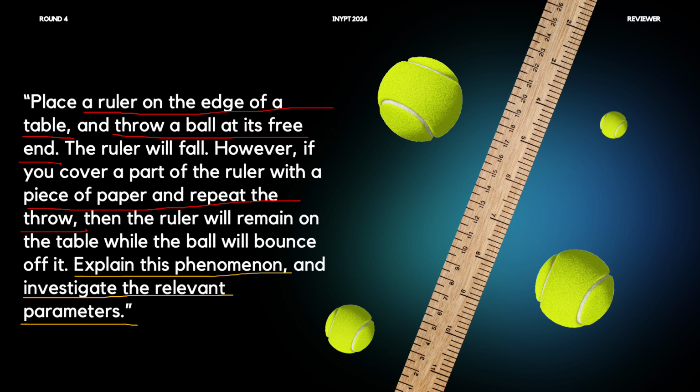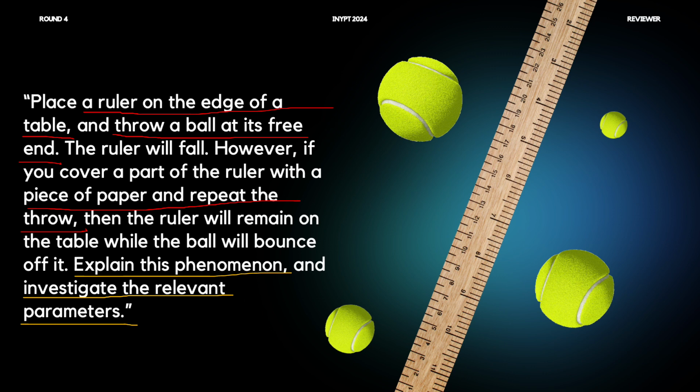So now, after we understand this, we can also just look into the more physical and scientific explanation of this review. So the phenomenon described involves placing a ruler partially covered with a piece of paper on the edge of a table and throwing a ball at its free end, which we've already discussed. Now, this phenomenon can be explained by the concept of rotational inertia, also known as moment of inertia. When the ruler is uncovered, its entire length experiences the force of the ball, causing it to rotate and fall